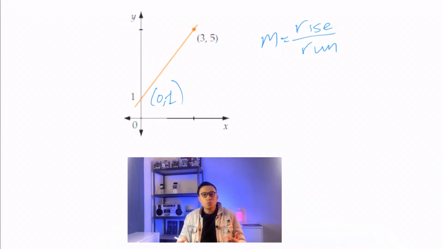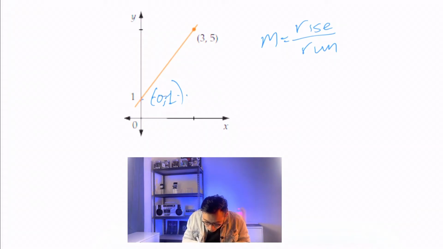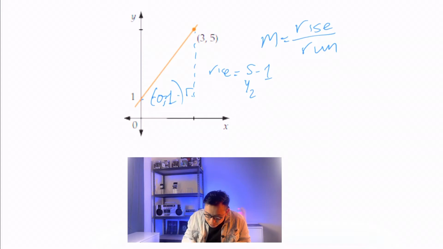So what is actually rise? So you can see from this sketch, if I actually were to create a triangle, you're actually rising from 1 to 5. So how we're actually going to find the rise is that you're going to get the 5 minus the 1. So 5 is actually the y2 value. So let's just treat this one as the x2, the x value of the second point, and the y value of the second point is actually 5,